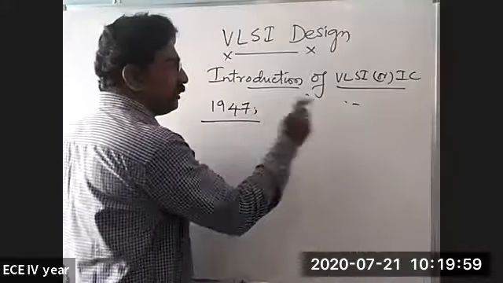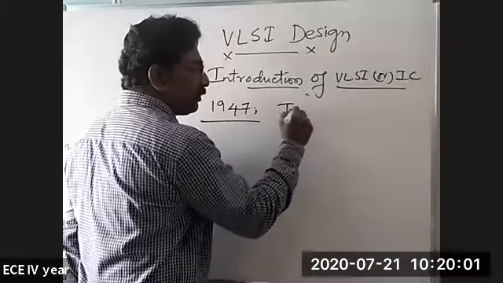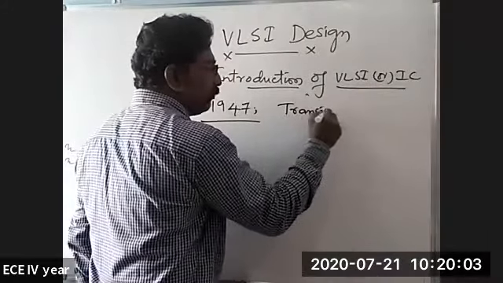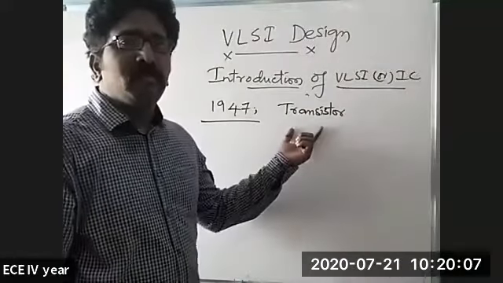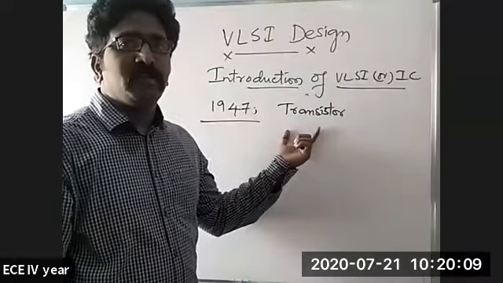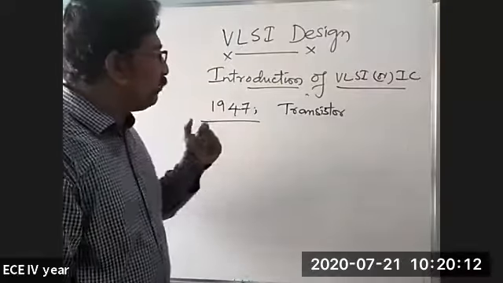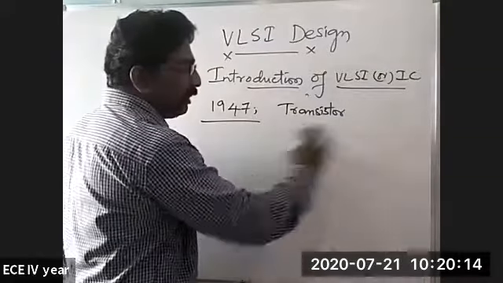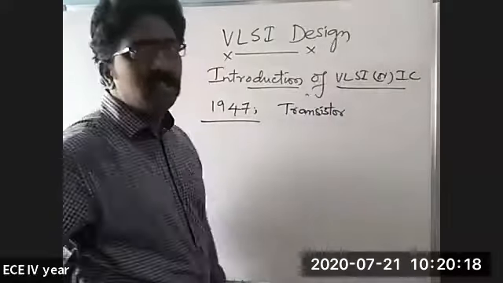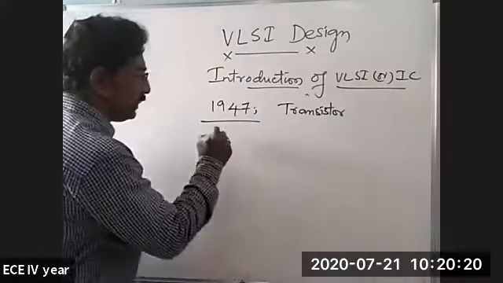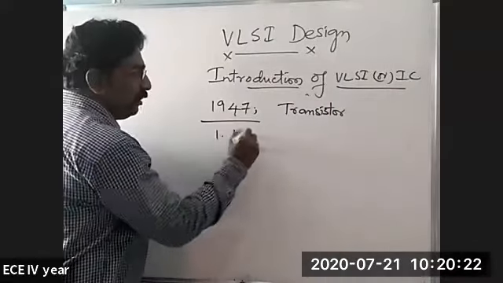In 1947, an electronic device called the transistor was invented. This led to the revolution of electronics, which in turn led to VLSI technology. The scientists who worked on this are William Shockley,